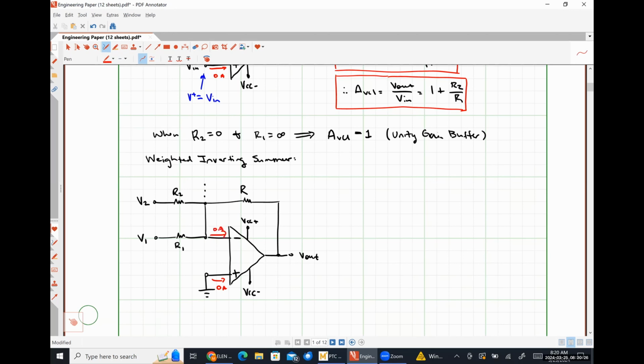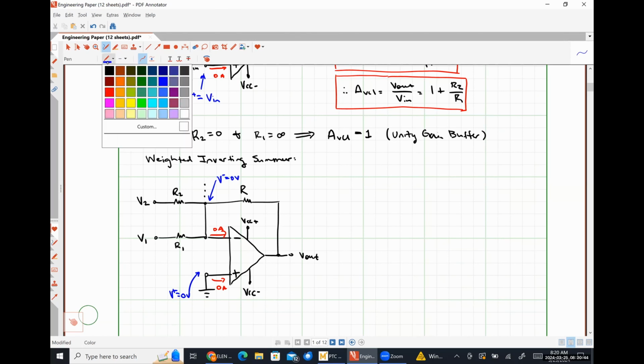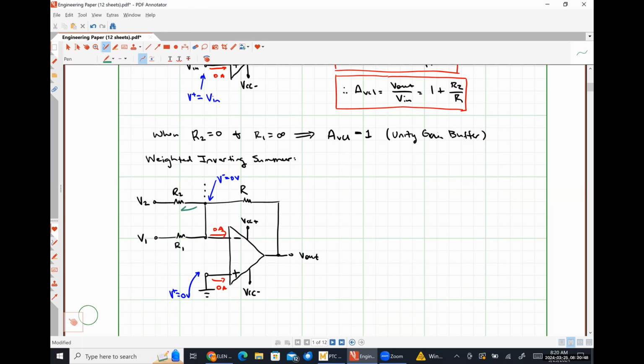So no current flows in. By inspection, our non-inverting input voltage is 0 volts, which means our inverting input voltage is also 0 volts. And now we're going to have several currents to add. So we're going to add this one and this one and this one together. That's going to look like 0 minus V1 over R1, so negative V1 over R1, plus 0 minus V2 over R2, so that's going to be negative V2 over R2. I'm not going to add any more input signals, but if there were other ones, they would just add another term there. And then we're going to have 0 minus V out, so negative V out divided by that resistor R,